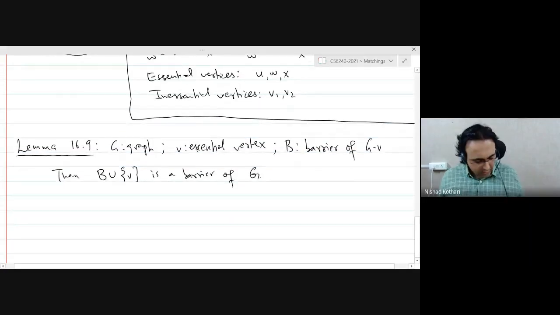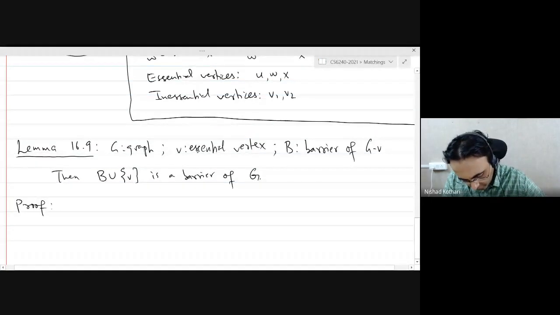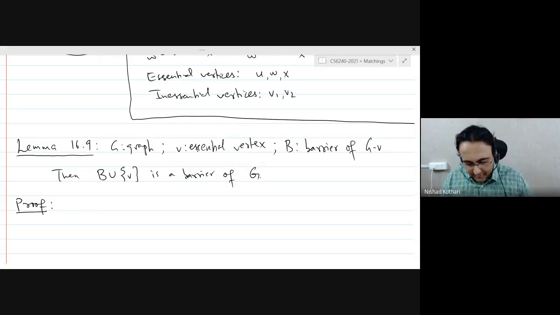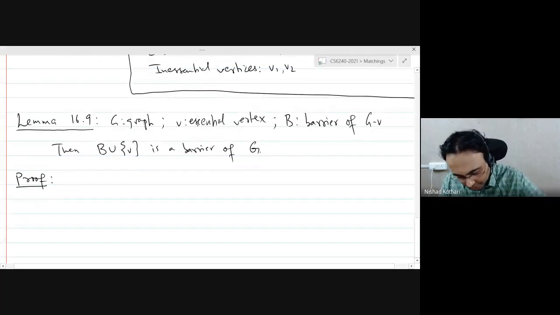This turns out to be not that difficult to prove, actually. All right. So what does it mean for the set B to be a barrier?